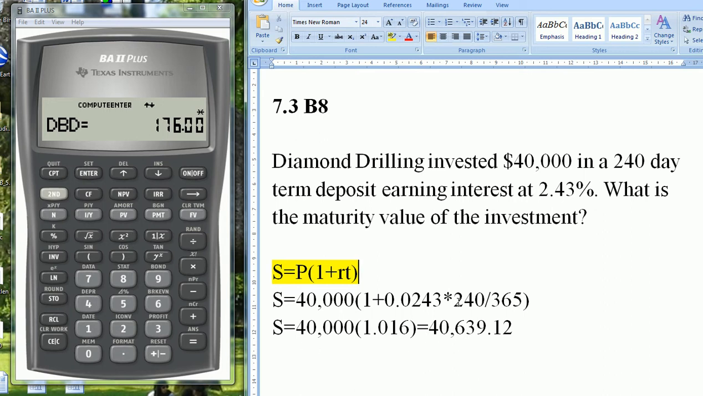Remember, inside the brackets, do the division part or multiplication part first, whatever it is. So we would go 240 divided by 365 times 0.0243. Let's do that again here on the calculator on the left. I'm going to write from the beginning. So the way I would do it goes 240 divide by 365 equals, then multiply it by the interest rate of 0.0243,